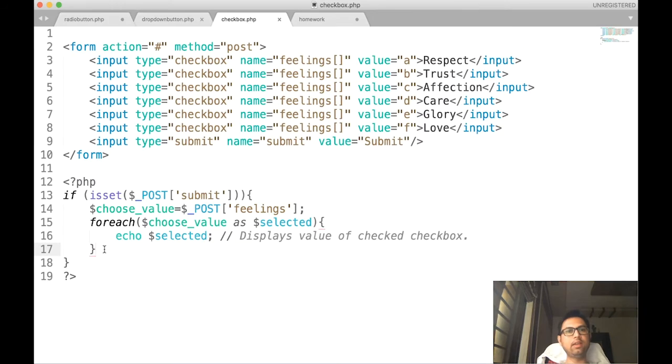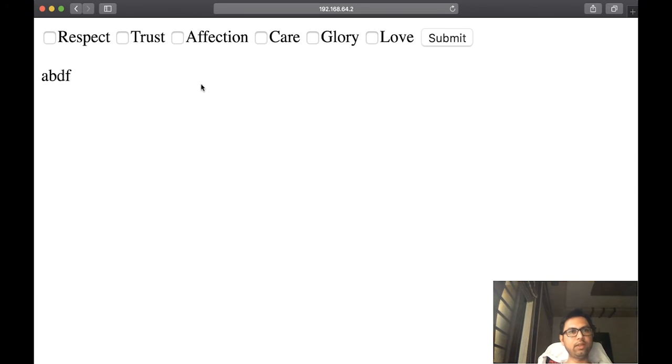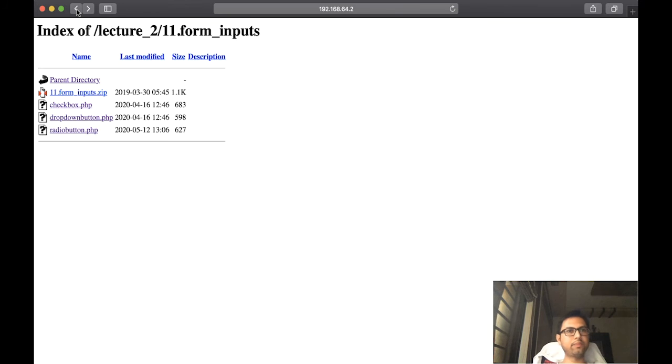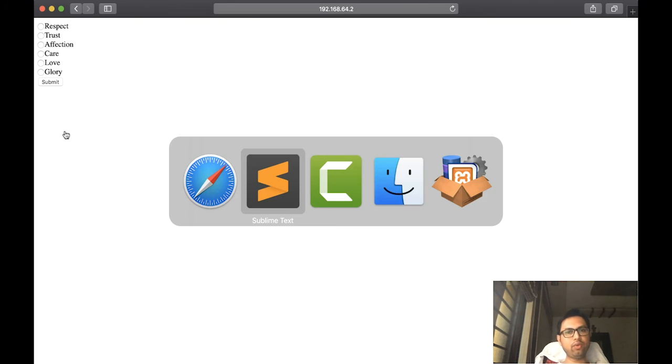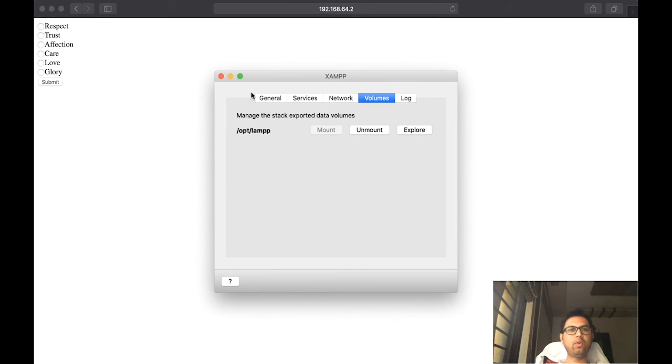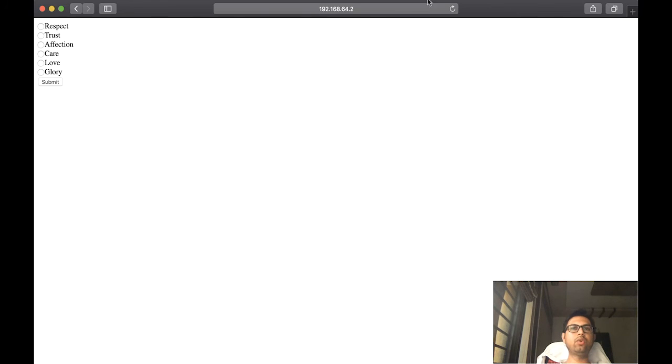Now let us see the output. Of course we have seen it once. Now let us rerun it once again. Let me remind you, to run this program you have to run XAMPP, and then you are able to run the program.